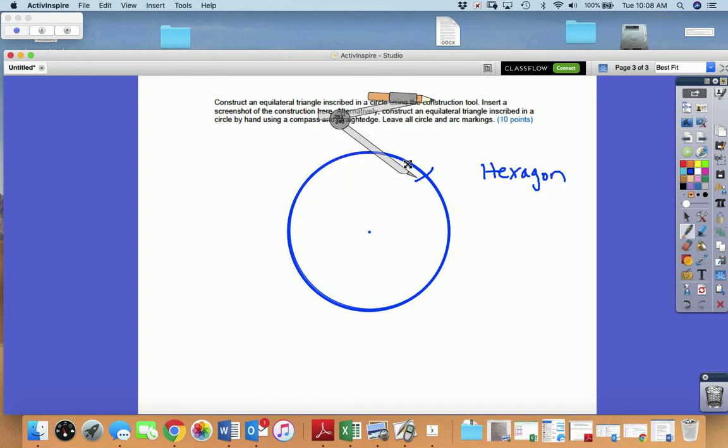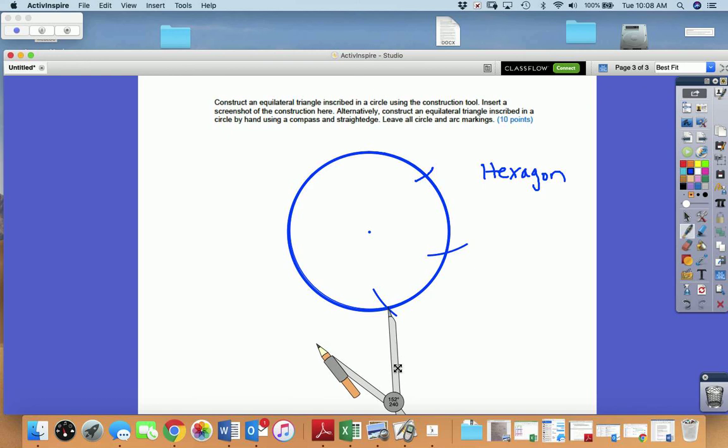Since that's where we're going to start, I'm going to leave my compass open the same width that it already was. We can't change it. And notice now I put my compass on that point that I created, and I'm going to make another construction mark. Now I'm going to come to that end point, bring my compass a little closer so it's not as big,